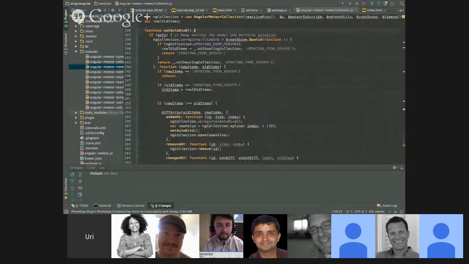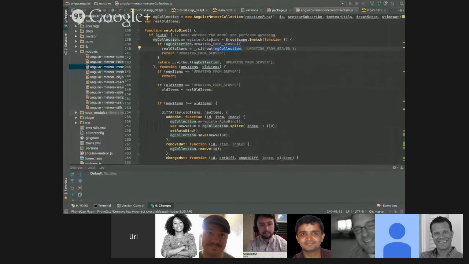and later you can dig in harder, but we're watching over our ngCollection. When we made a new collection, we actually created an ngCollection that holds those parties, and we're watching over it. Now, we're doing all kinds of stuff here to make the watch faster, because usually when you do a watch over a large collection in Angular, it's not as performant.